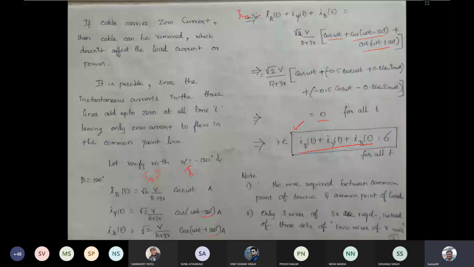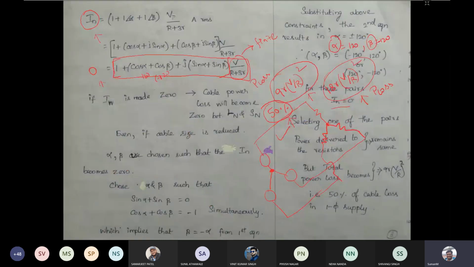So as I told before, now we have removed the neutral wire. Because of that, the power loss is going to be reduced. Okay, so one more point is, in order to transfer power, we are using only three wires for three-phase circuits. Okay, so here we are using only three wires for three-phase circuits. That is advantageous in two ways. So now the power loss is reduced. That is the first advantage, and the second advantage is the thickness and the weight of the wire.